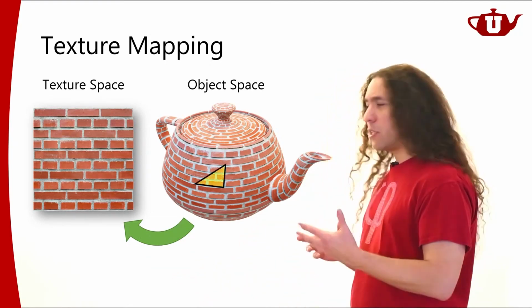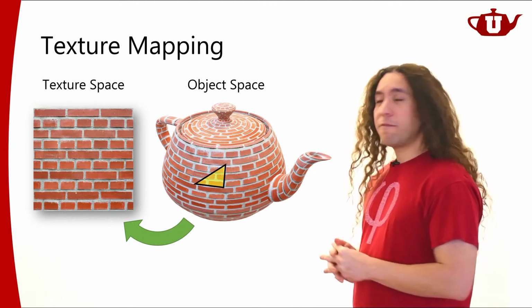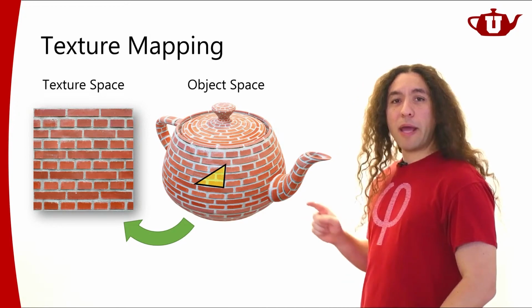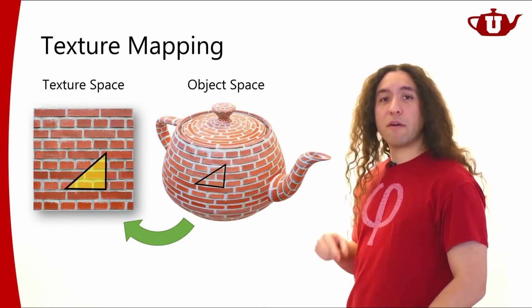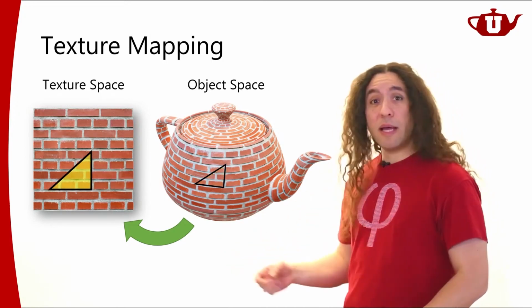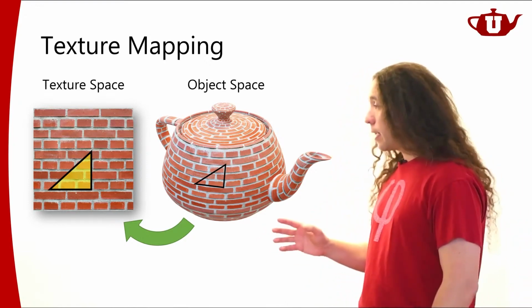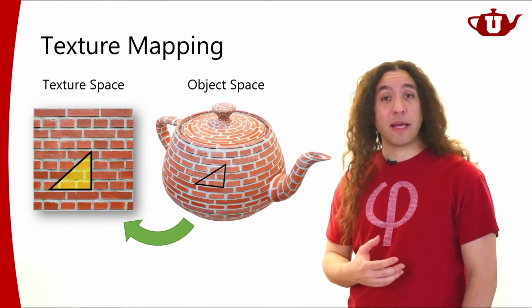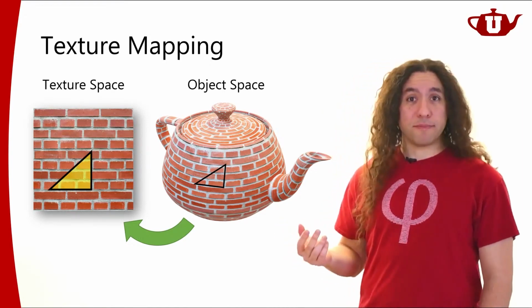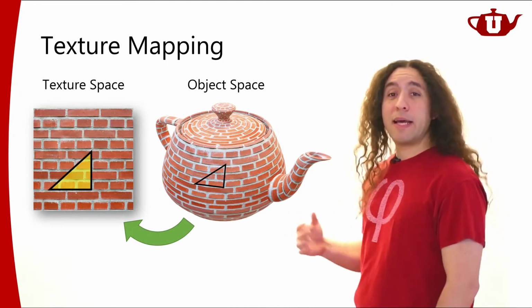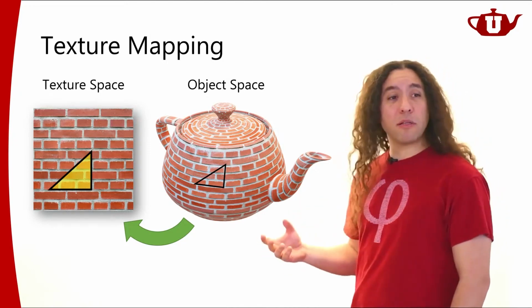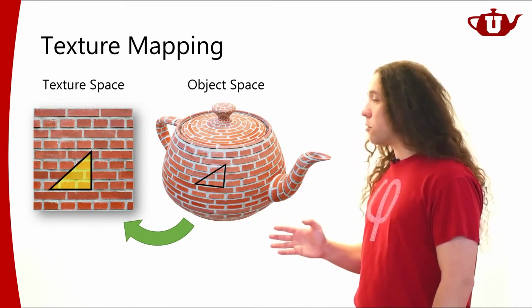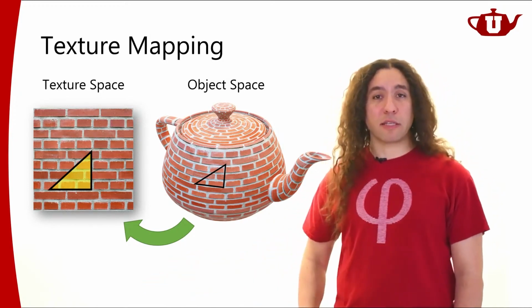The way we're going to define this mapping is that for each triangle, I'm going to have a corresponding position for that triangle in texture space. Now, how exactly this texture space position is defined is not going to be our concern. We're going to assume that somebody went through the trouble of taking every triangle here and figuring out where it falls on the texture space.